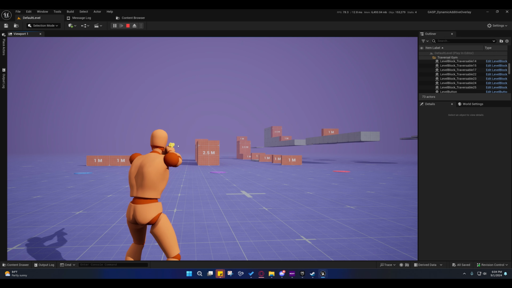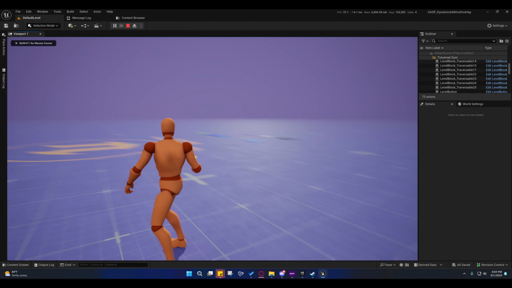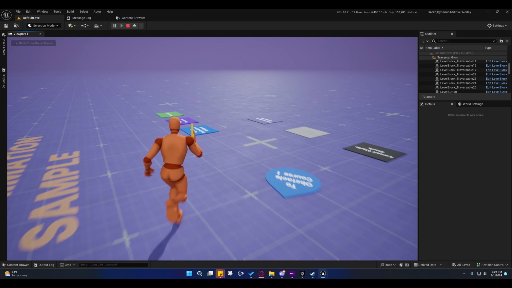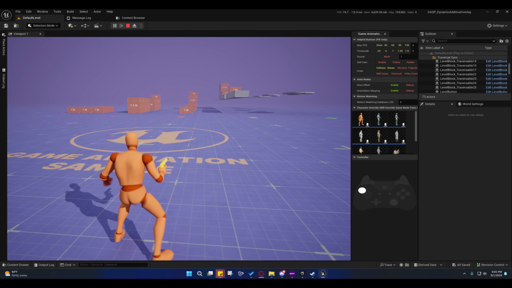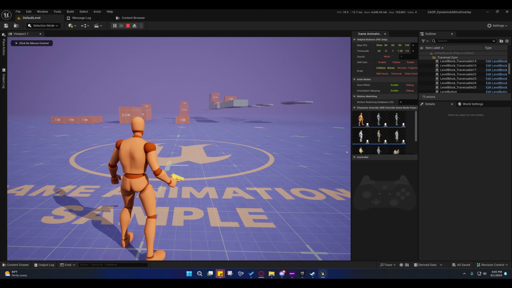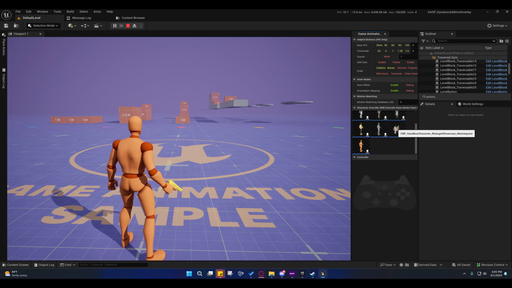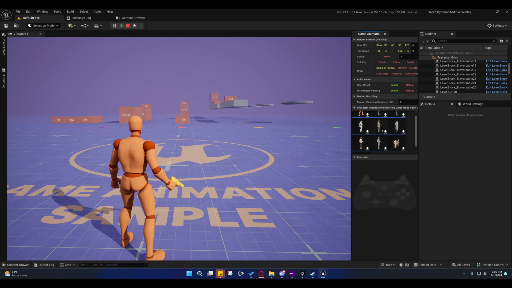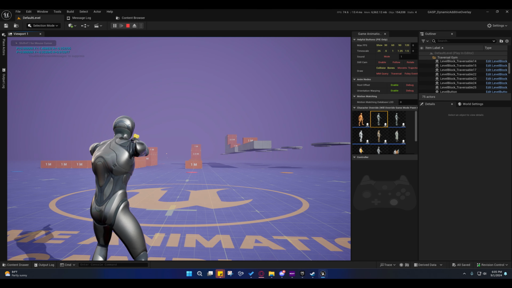Anyway, I've basically gone over all the features as far as this right here, but let me go over here and show you this. If you come over here to the game animation widget and you walk over this, it'll bring this stuff up right here. Now, stuff like all characters, I have not set up. The sandbox retarget showcase mannequins, I have not set up, but all these other ones are set up. And so if you change to them, you'll see that